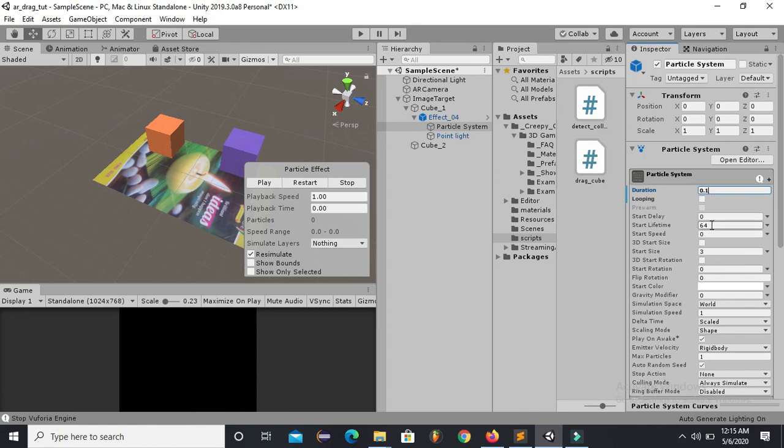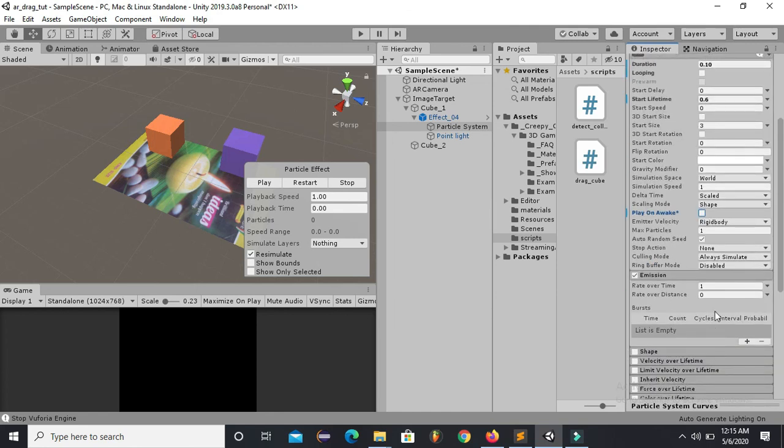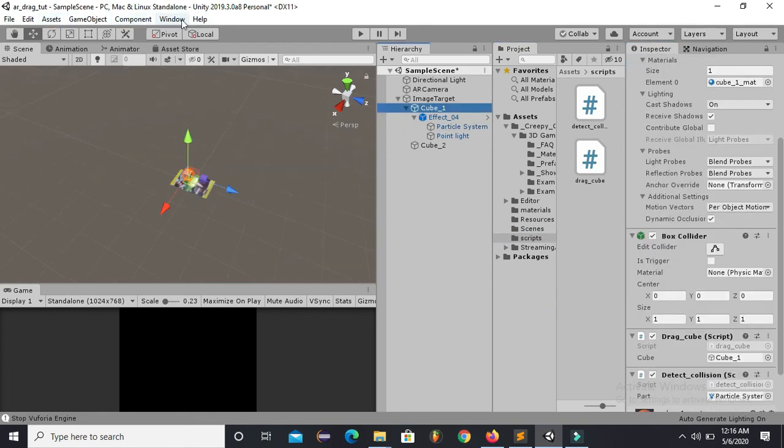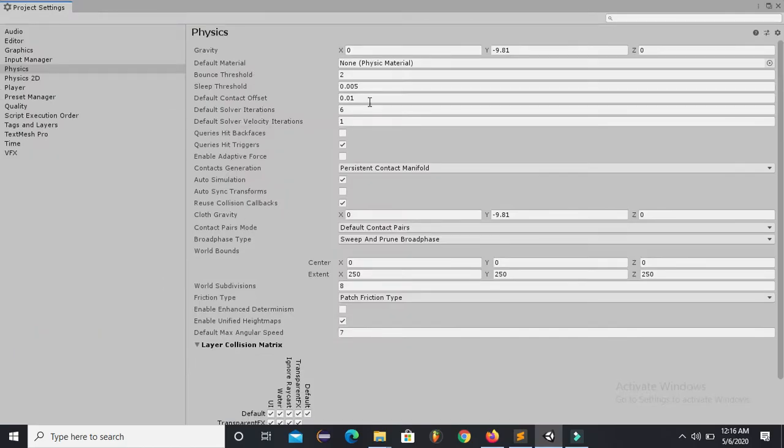duration keep this low, and I'm also keeping this low start lifetime, and turn off the play on awake and make emission count to 6 per cycle. So one thing you can see, you can change according to your settings.